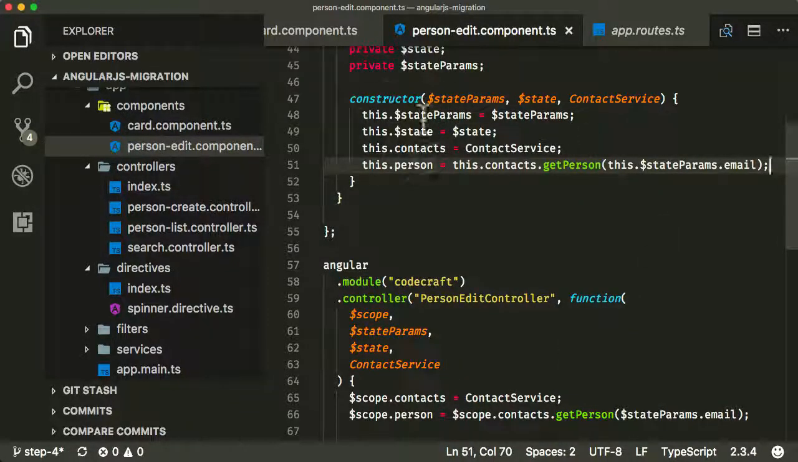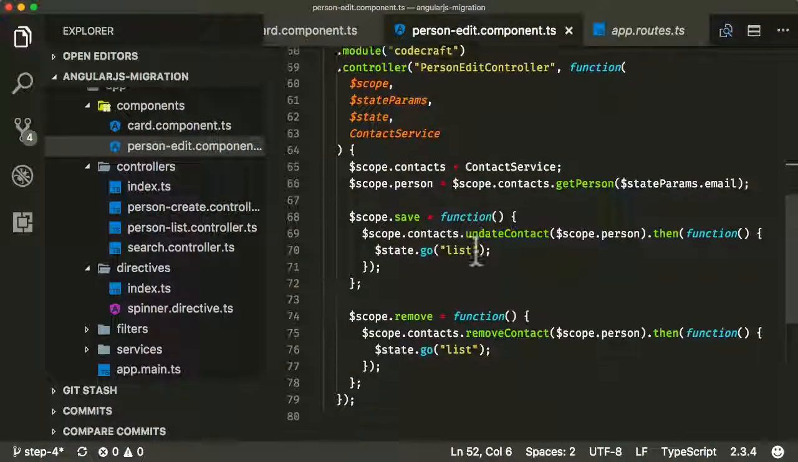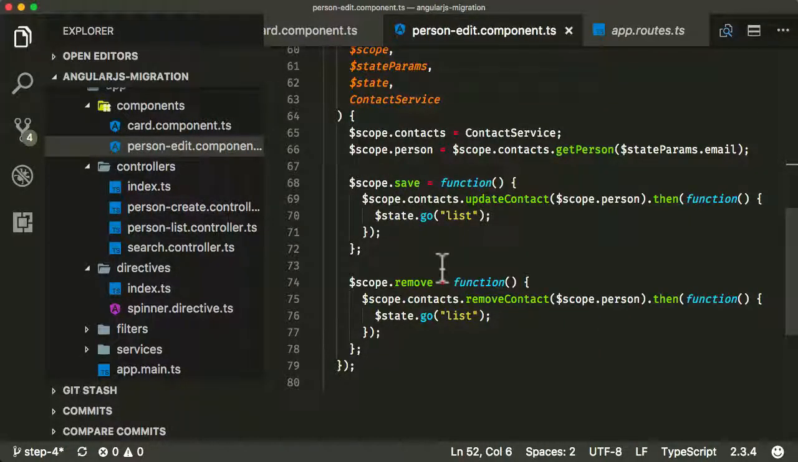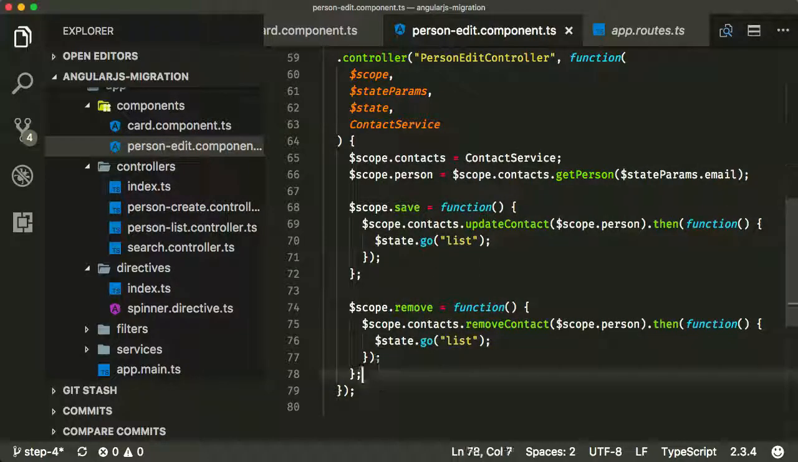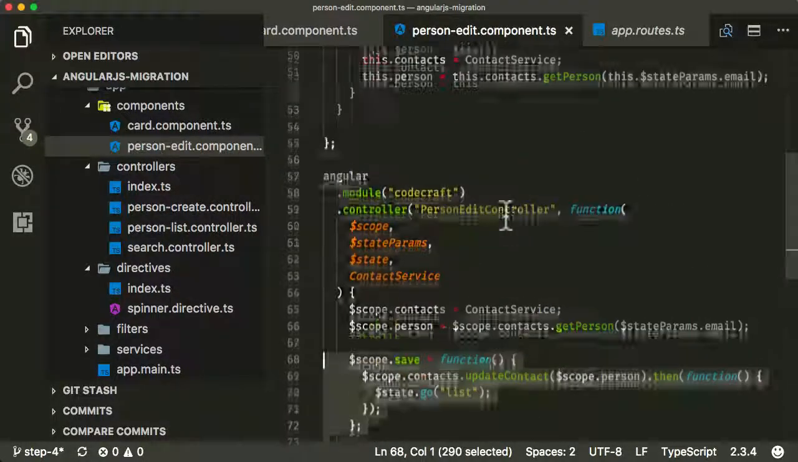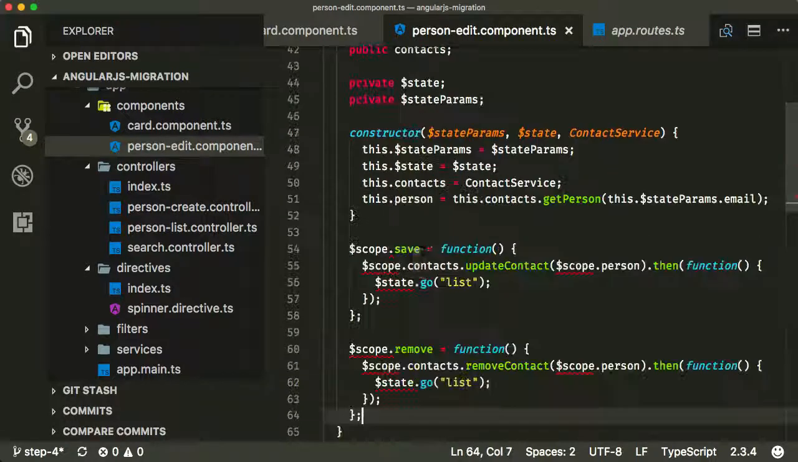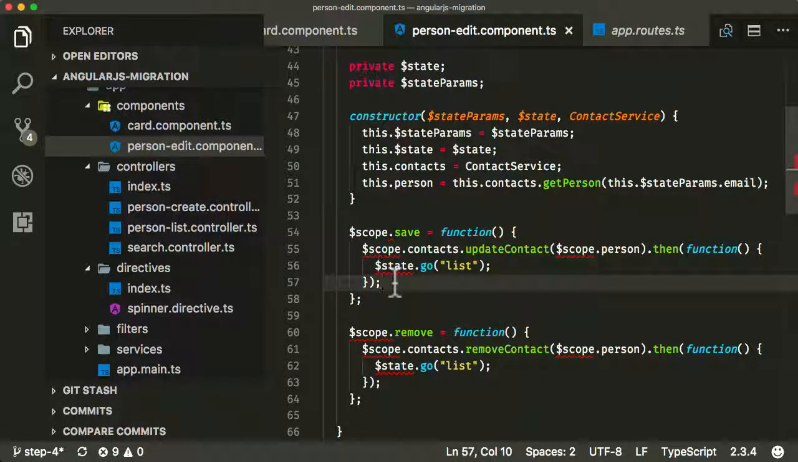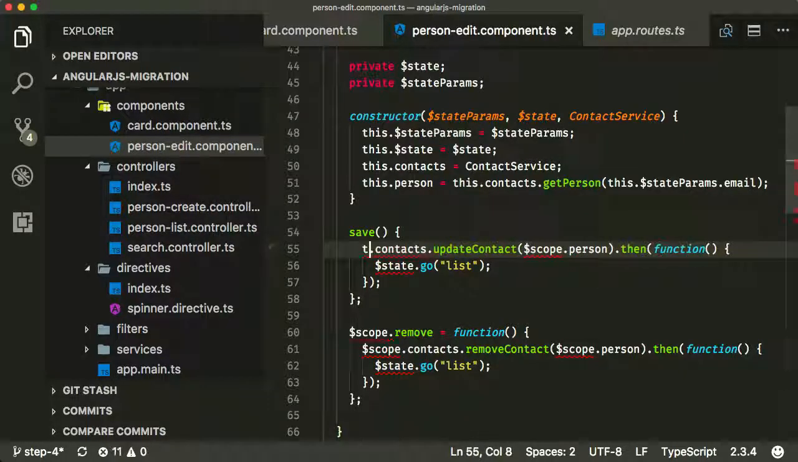Okay, so now we've got the person. Let's now implement these save and remove functions here. In fact, what I can do is I can just copy and paste these into here. I'm just going to edit them to kind of clean them up and make them work in the new format. So first thing, we don't need the scope. And we can just specify a function like this. We don't need scope. Again, scope is now, well, in this case, it's this. And again, we don't need scope. Person is now on this object, so it's this.person. And again, we can do